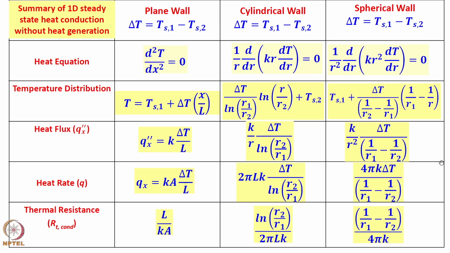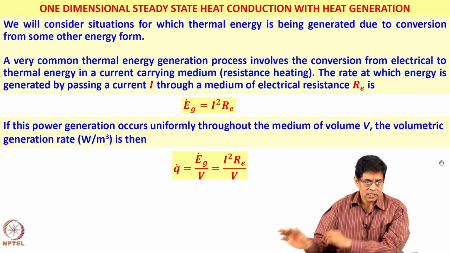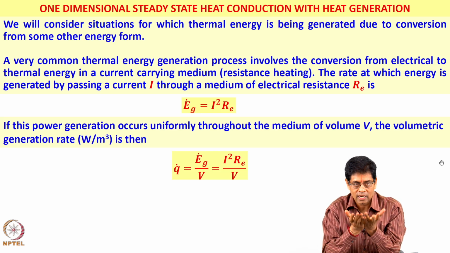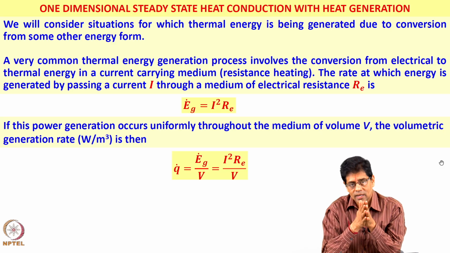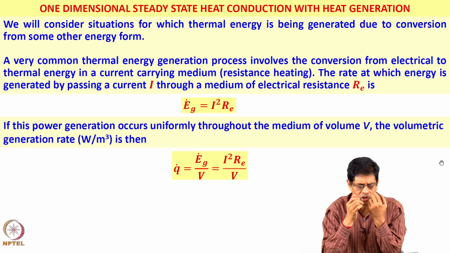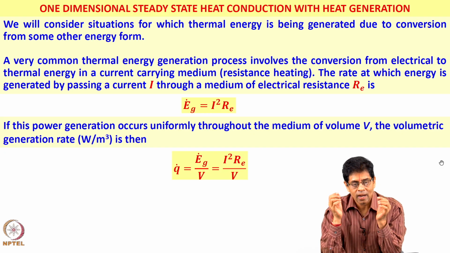heat transfer rate, thermal resistances due to conduction. Okay. So, next is 1D heat conduction steady state with volumetric heat generation. So, if you have uniform volumetric heat generation either by a chemical reaction or electrical heating or whatever. So, if that is a known quantity, so E dot G is I squared R per unit volume. So, you divide by the volume of the element, you will get Q dot,